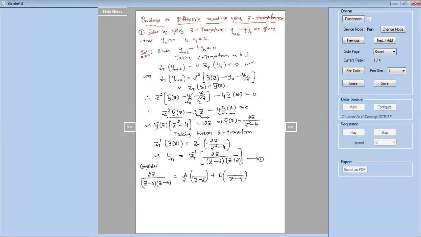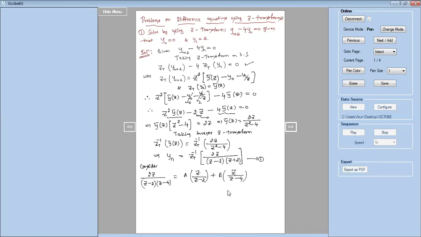A by this, B by this, by taking z to the left hand side, U bar of z by z, like that. Or you can do like this also: take z to the left hand side, then multiply to the right hand side, you get z by there also. Here, I am taking z directly to the numerator. Because the power is 1 here, z minus k, the numerator should have z. So in problem number 1 and 2 also you can do like this. Instead of taking z to the left hand side, straight away you can take it on the right hand side.